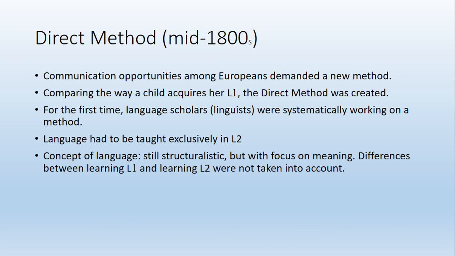language. For example, in the direct method, students were not allowed to write in the beginning. Only after the students were able to speak were they allowed to write. Why? Because this is the way a child learns. The problem is that a child is not literate yet. That's why the child does not write. But an adult or even children or teenagers that are learning a second language or foreign language, they are literate. They already know how to write in their first language.